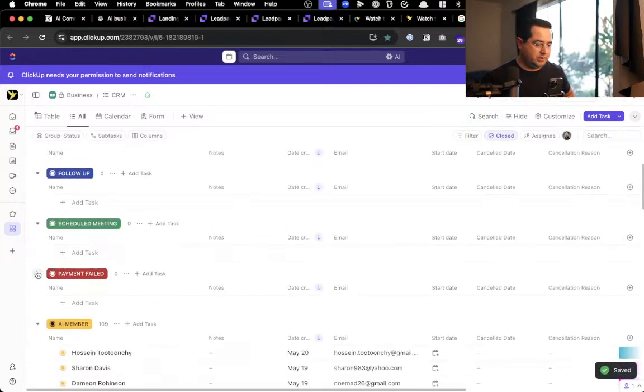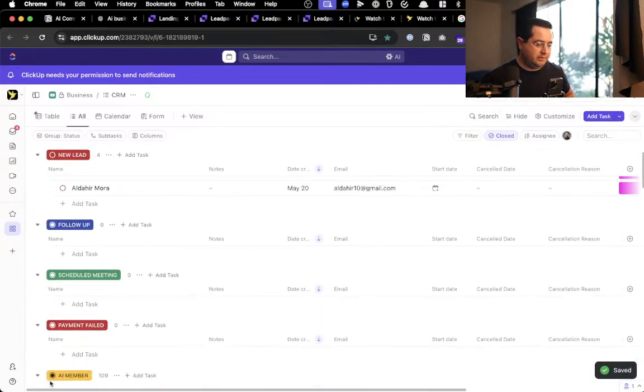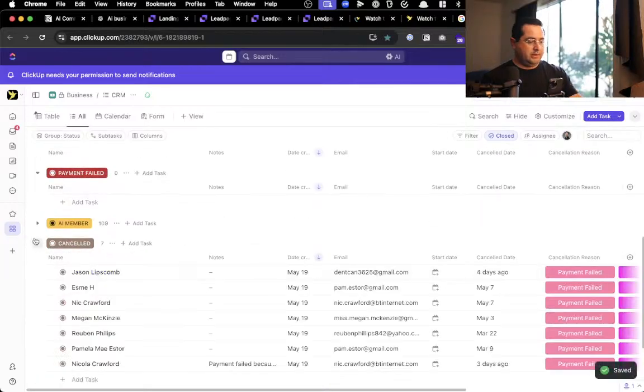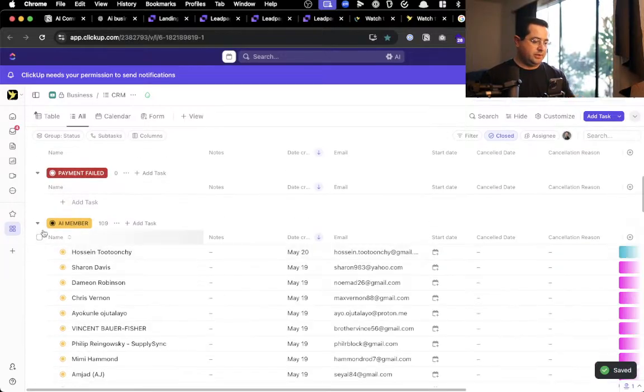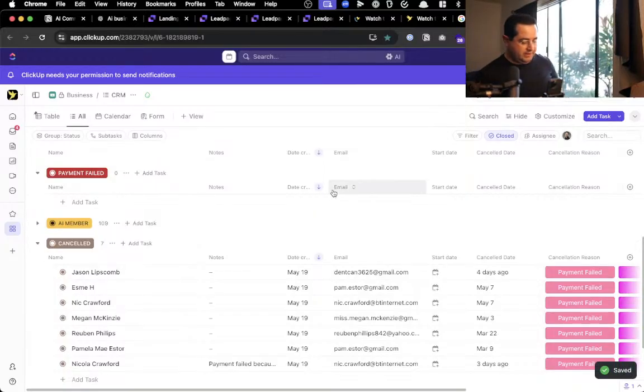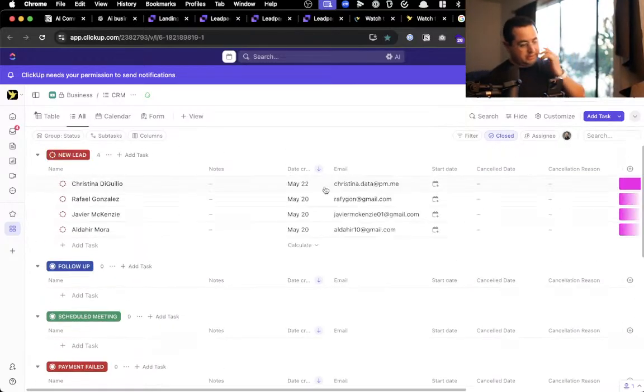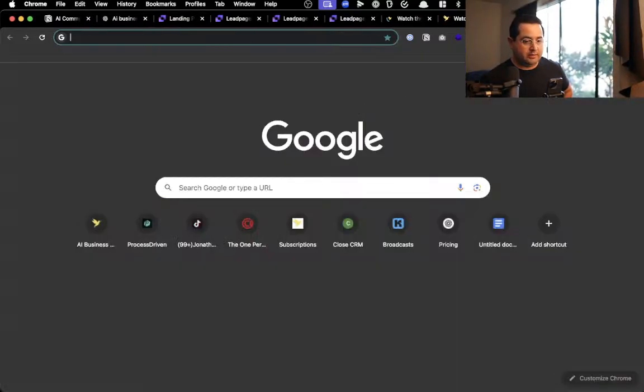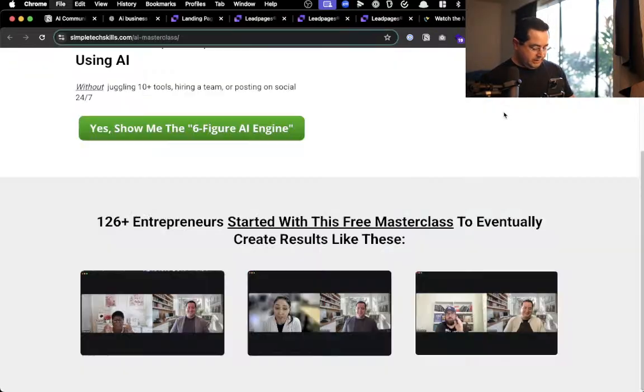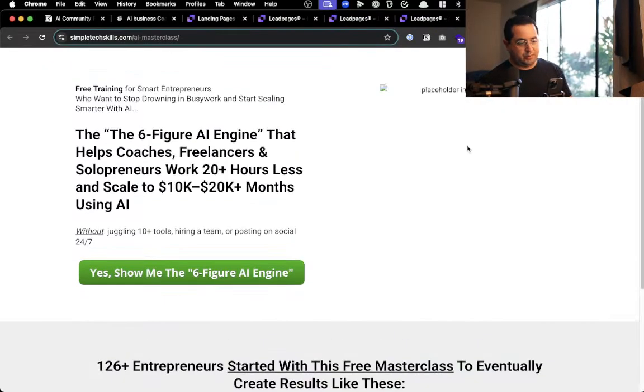I was like, where are all the members? So yeah, we have all the members here, and then also for the churn too. So it makes it very, very nice. ClickUp is like the best for the CRM. I gotta move. Actually, I'll do that later. But it's simple. It's just there for tracking, especially for dashboards and reporting.